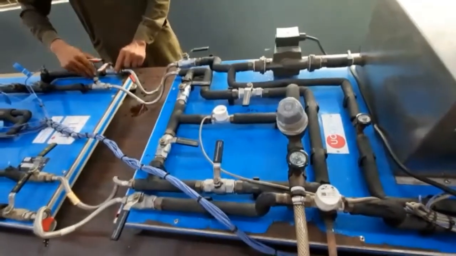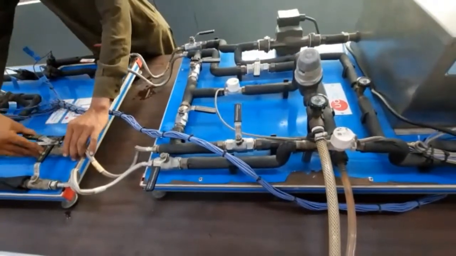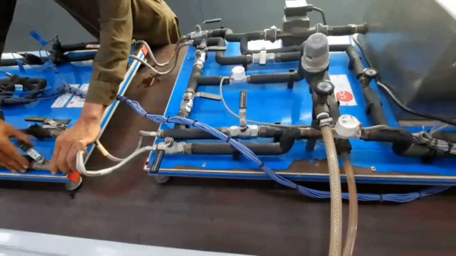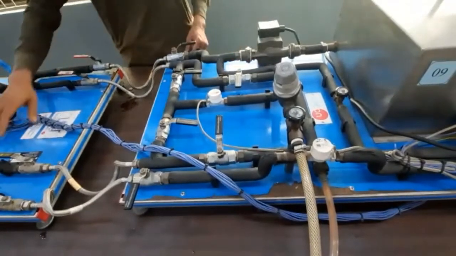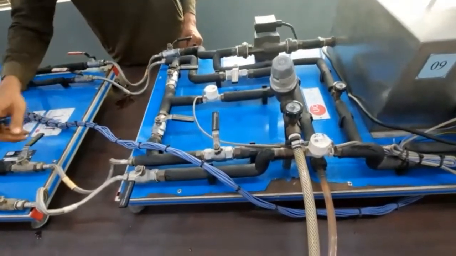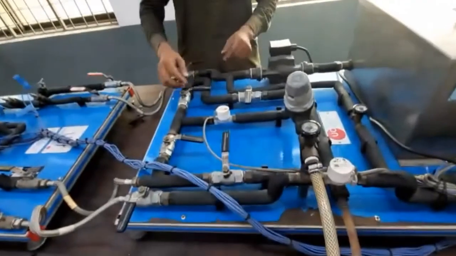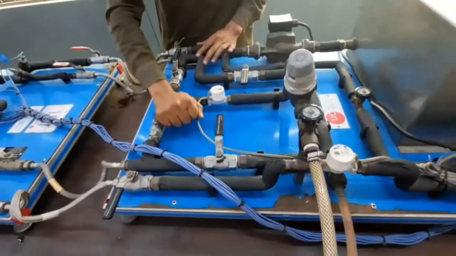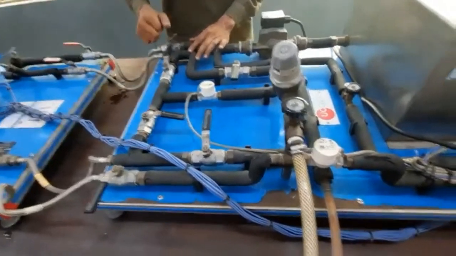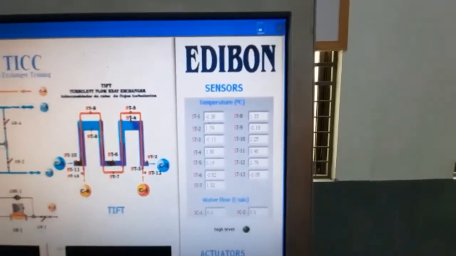First of all, he will open all the valves on the heat exchanger so that the flow of water from the hot and cold side will be towards the heat exchanger, and now he will adjust the valves on the main console unit to make it a parallel flow. So all the analogy that is written in the manual, as to which valve we have to close or open. So now he has converted this into a parallel flow.